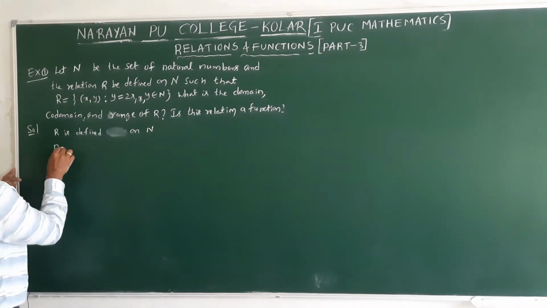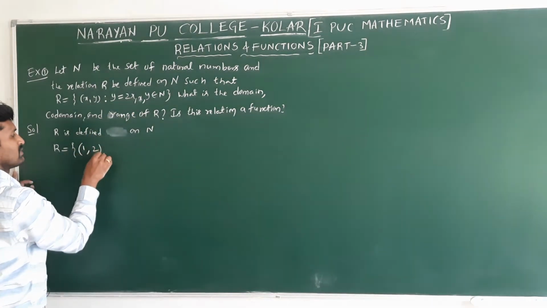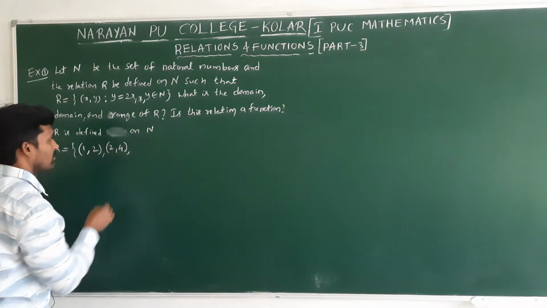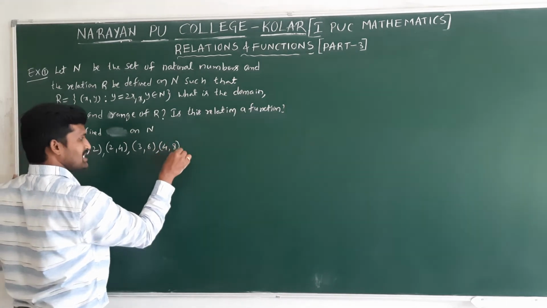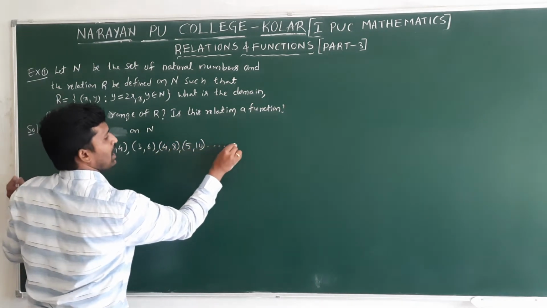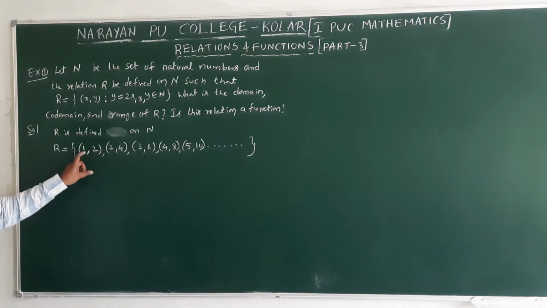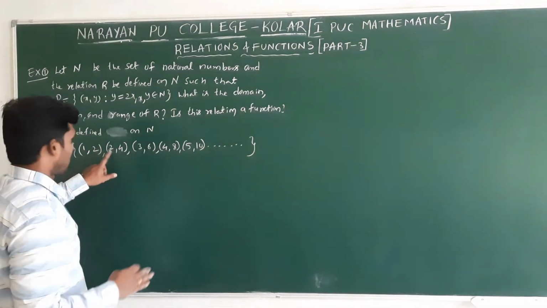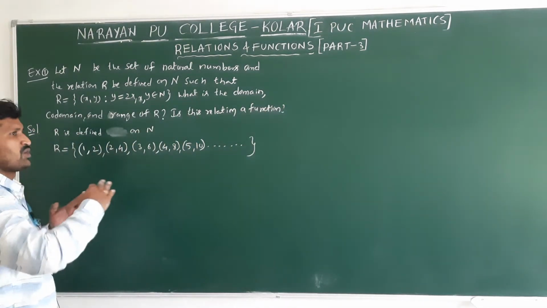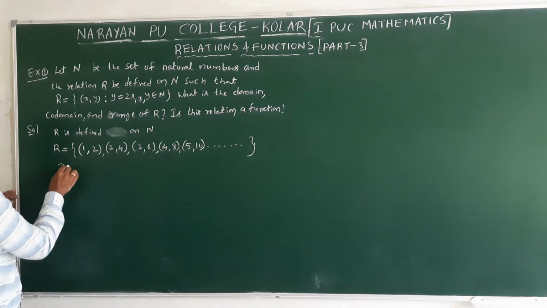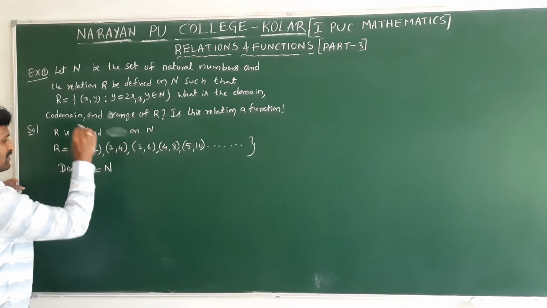Now what relation will we get here? See, once X value 1, substitute here, we get 2. Next, X value 2 will get 4. X value 3 will get 6. If you take 4, how much? 8. If you take 5, 10. And so on we will get, up to infinity. You see in the first values, all are continuously natural numbers 1, 2, 3, 4, 5, 6 up to infinity. That's why 1, 2, 3 and so on to infinity means natural numbers. That's why the domain is the set of natural numbers.